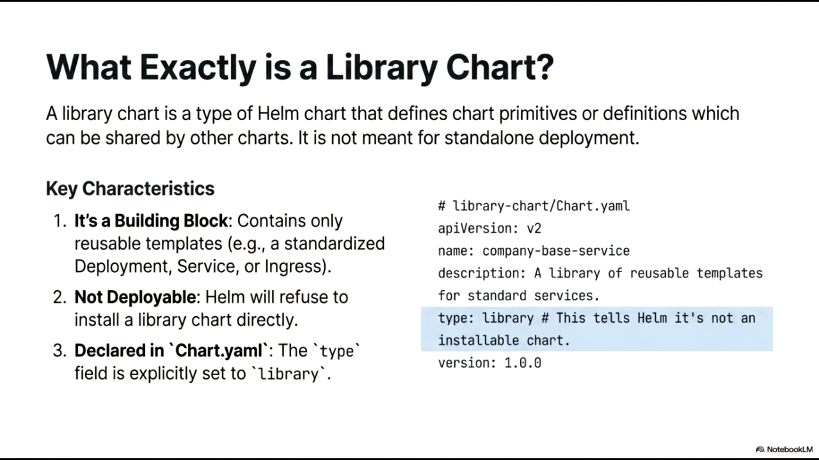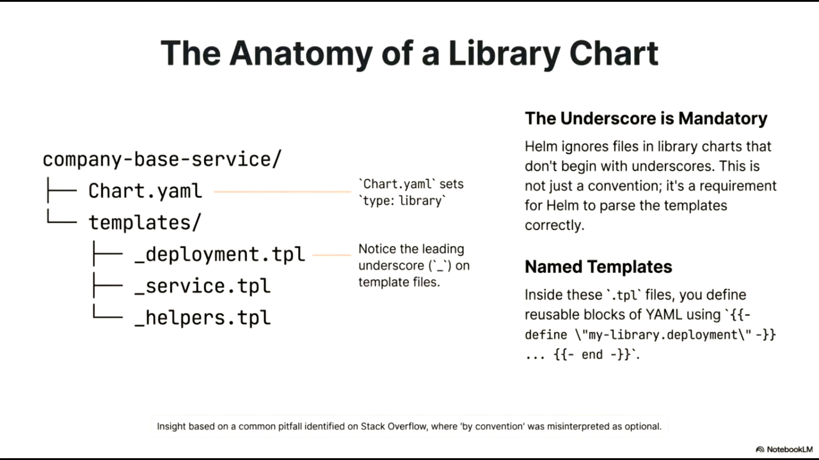By using library charts, teams can centralize logic, reduce code duplication, and enforce infrastructure standards across their Kubernetes environments. Looking at the anatomy of a library chart, the first critical component is the chart.yaml file, where the chart type must be explicitly set to library. This metadata tells Helm that the chart is a collection of shared logic and templates rather than a standalone application